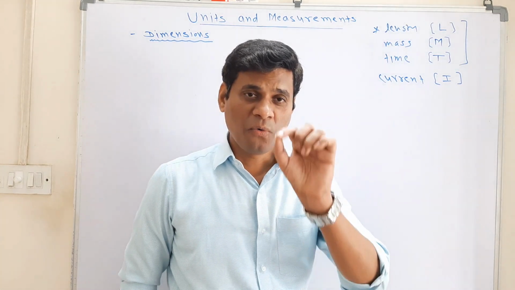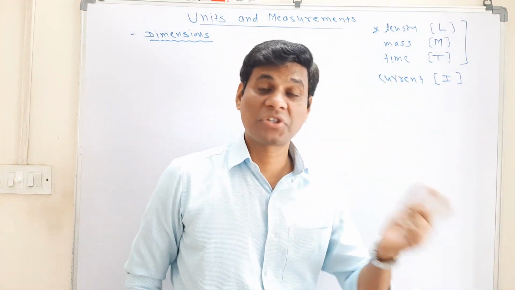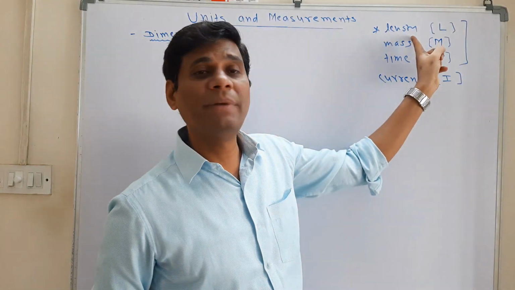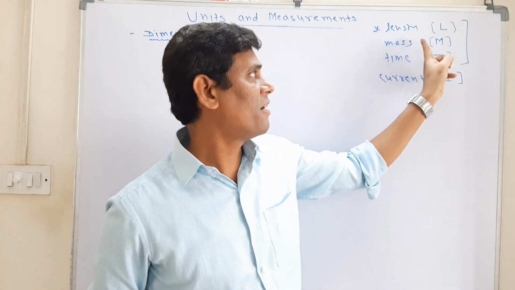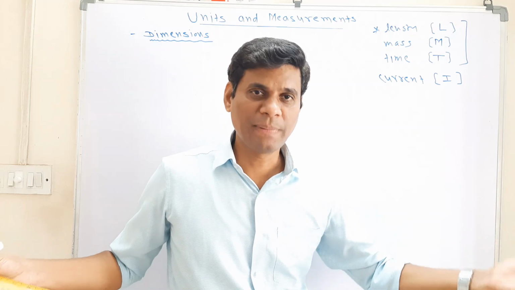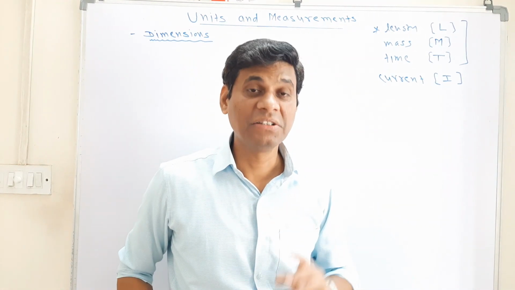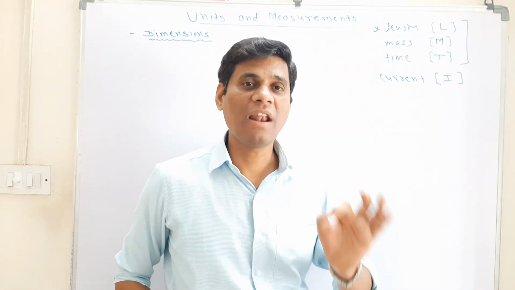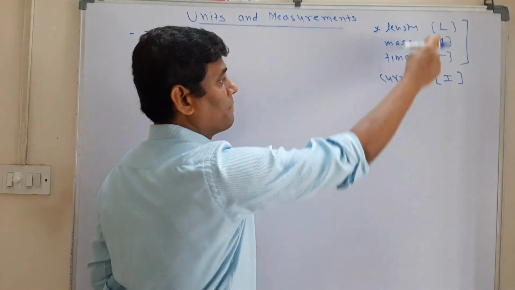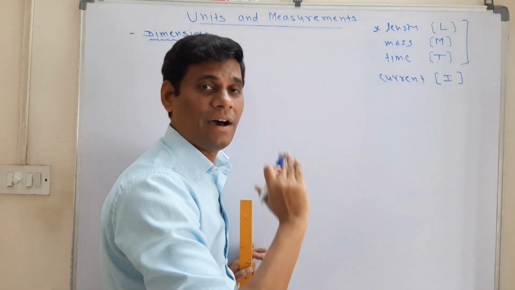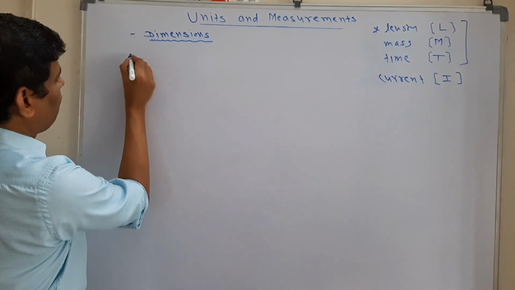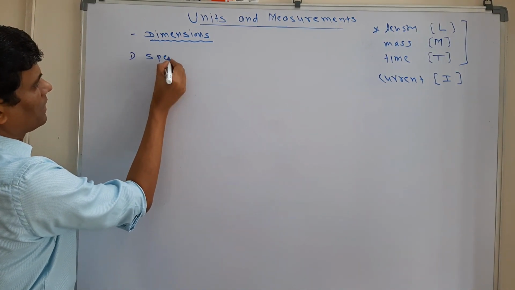The word length can be anything. Sometimes we use the word distance, or in another language, anything whose unit is meter. Which fundamental quantity is it? Length. Distance is the fundamental quantity length. Displacement, height, thickness, breadth, all are basically length. Okay, and only these symbols are allowed. You cannot use any other symbols. Fine.